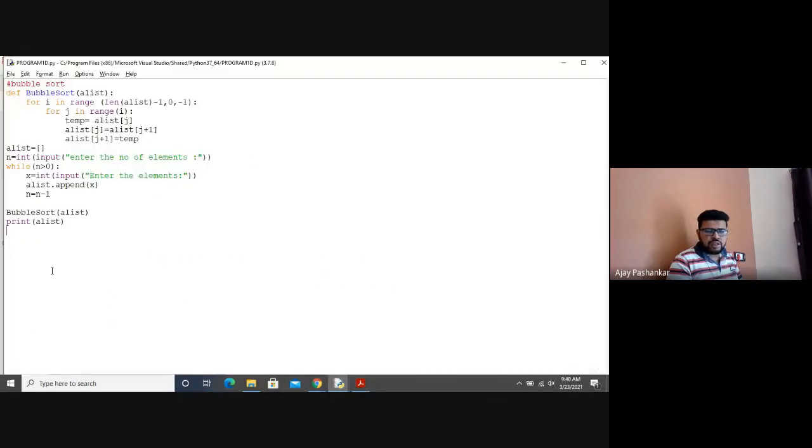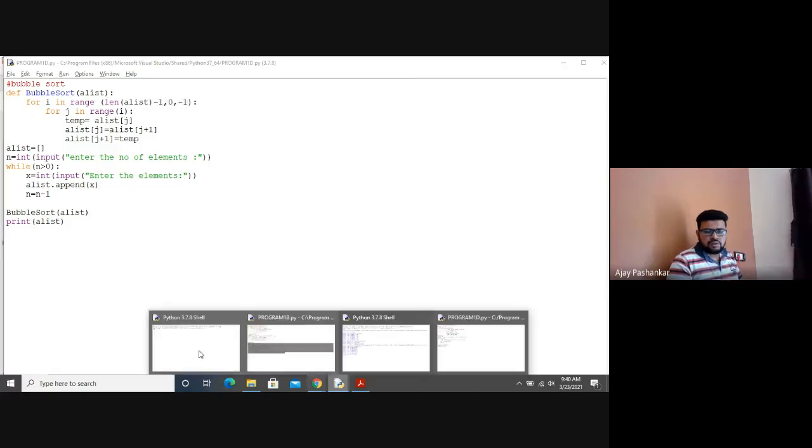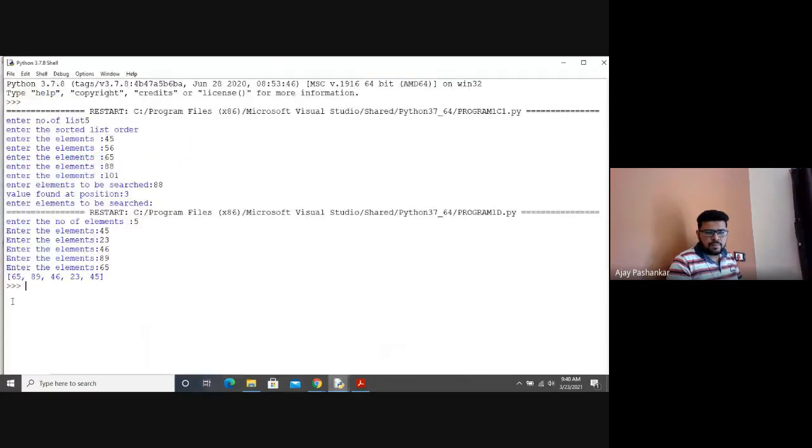Bubble sort 1D. A plus J. You can see 45, 23.